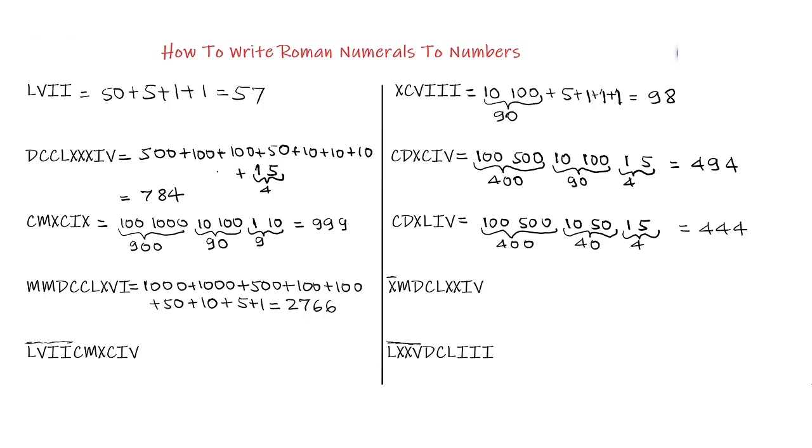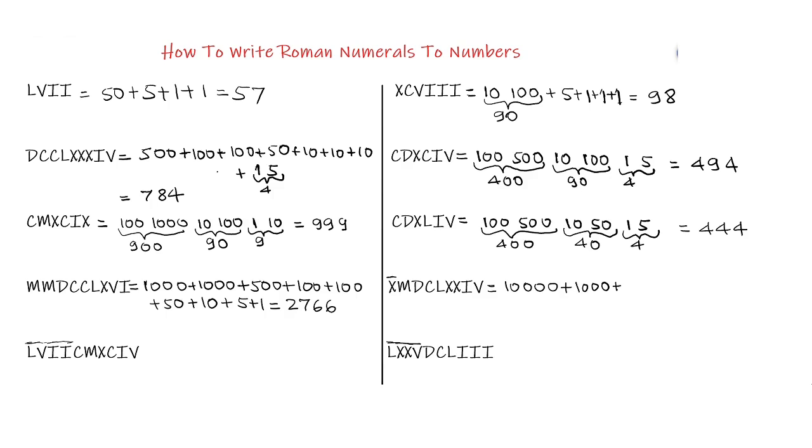Our next Roman numeral is X bar, then MDCLXXIV. X bar is the bar on X, that is on the value of 10 there is a bar. It means that 10 is to be multiplied by 1000, so it is 10,000. X bar is 10,000 plus M is